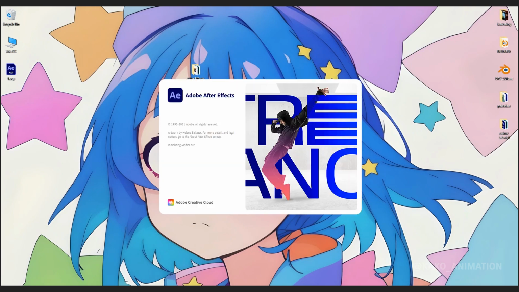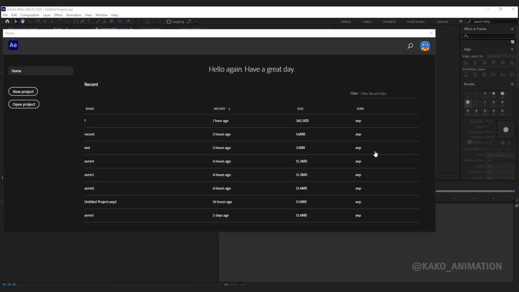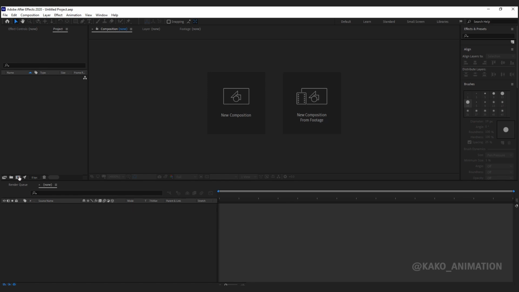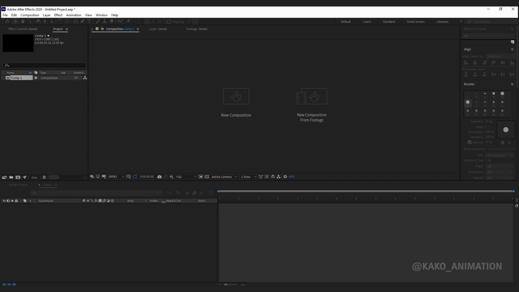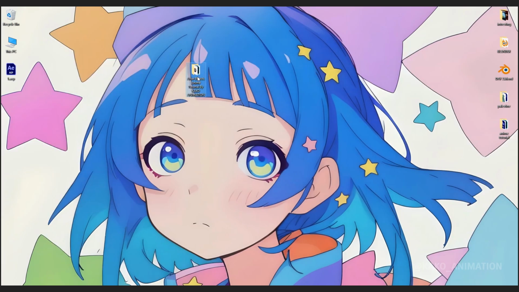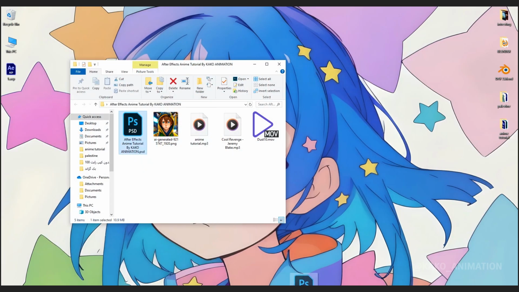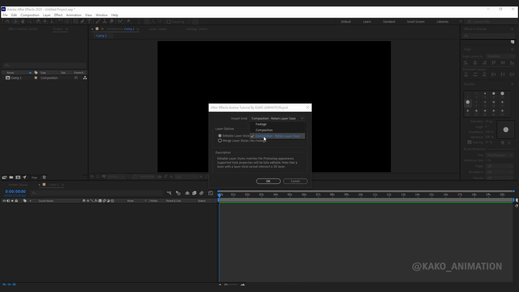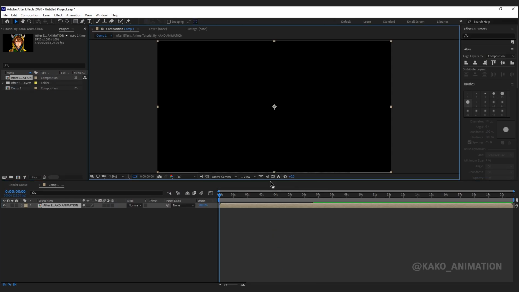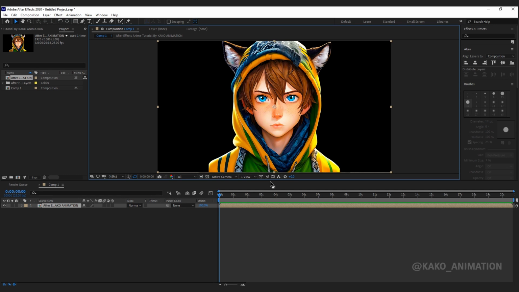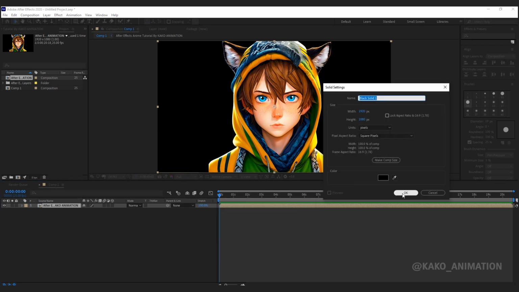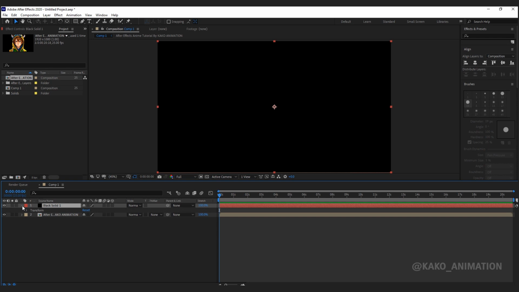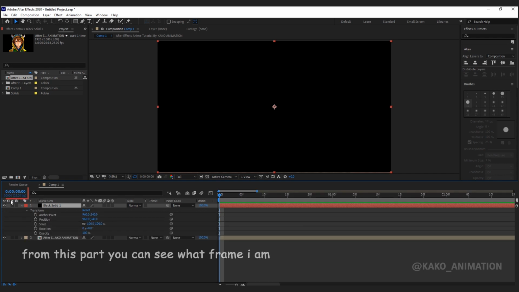Okay, open After Effects, make a new HD comp, then import the Photoshop file. Composition, layer size. Okay, I do the compositing first, then animate. So right click and make a new black solid. Open it, transform,